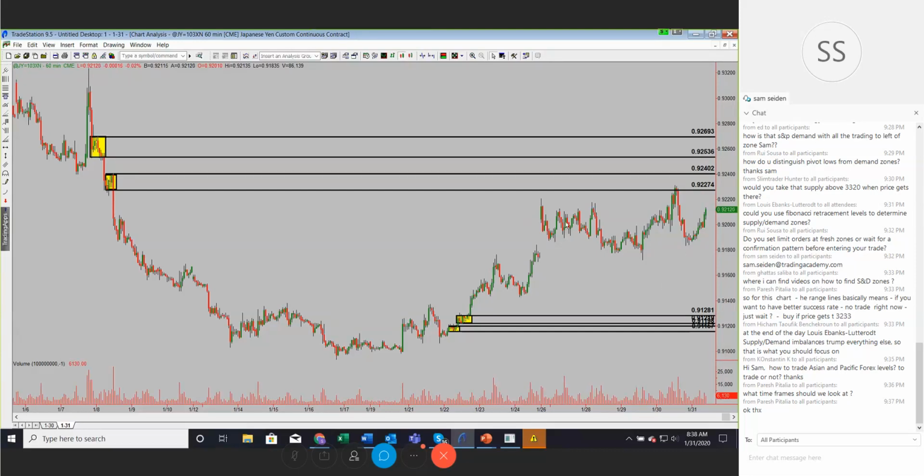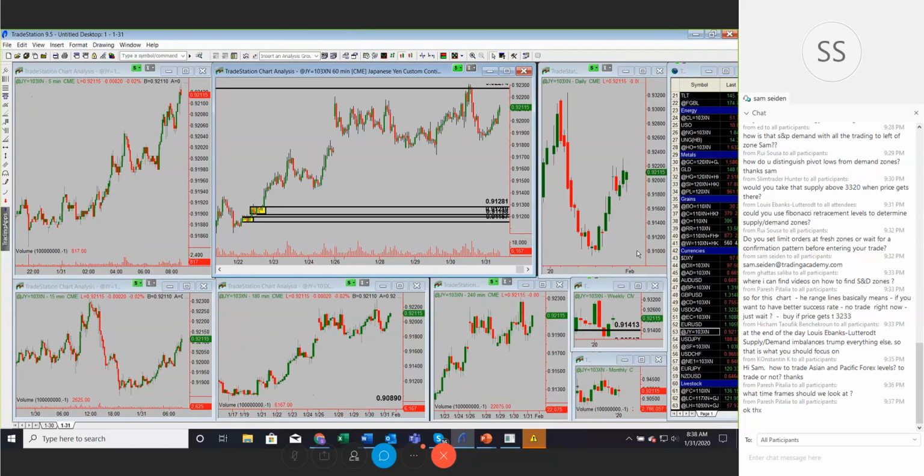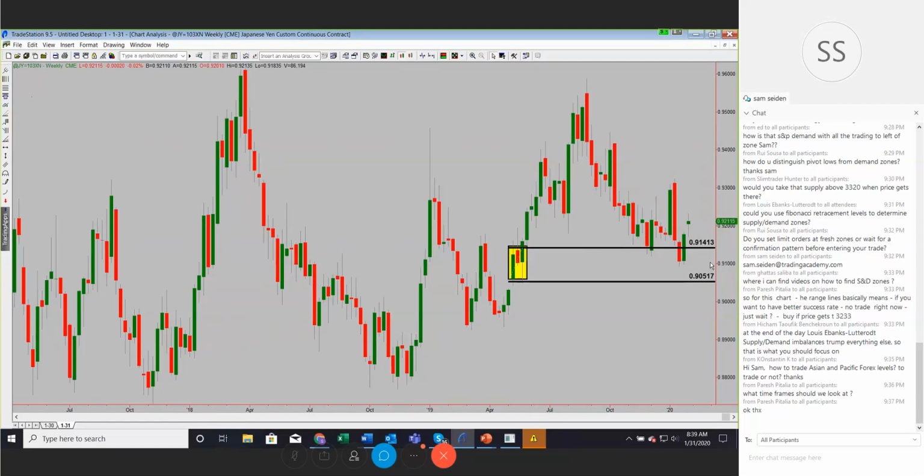So a lot of room in here between our key supply and demand zones, and that's ultimately what we look for. We also know in the back of our minds, if we're paying attention, that these demand zones down here are also in line with this bigger picture area of demand. So perhaps the buy side of the yen carries a little bit greater odds from lower prices. Does that make sense?